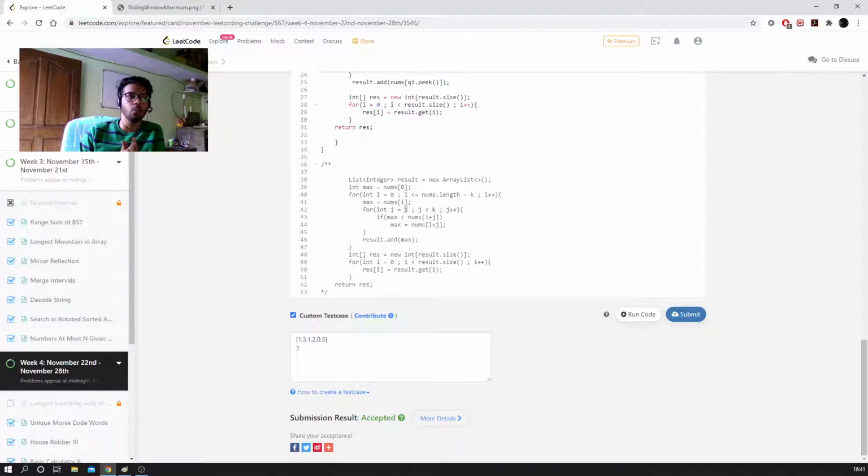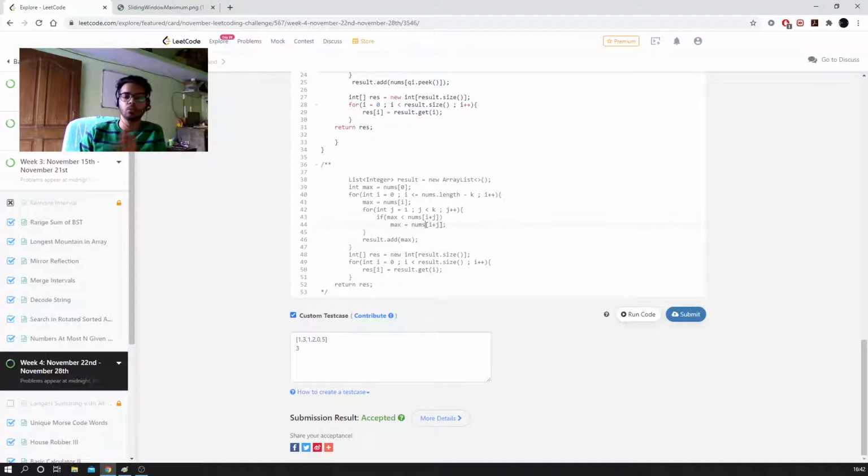I started from 1 to k, and each time I added i to that j. So this loop will run 3 times in total, and it will grab the i plus 1th, i plus 2nd, and i plus 3rd element for me, and I simply checked if it is greater than the maximum or not, and if it is greater than the maximum, change the maximum.